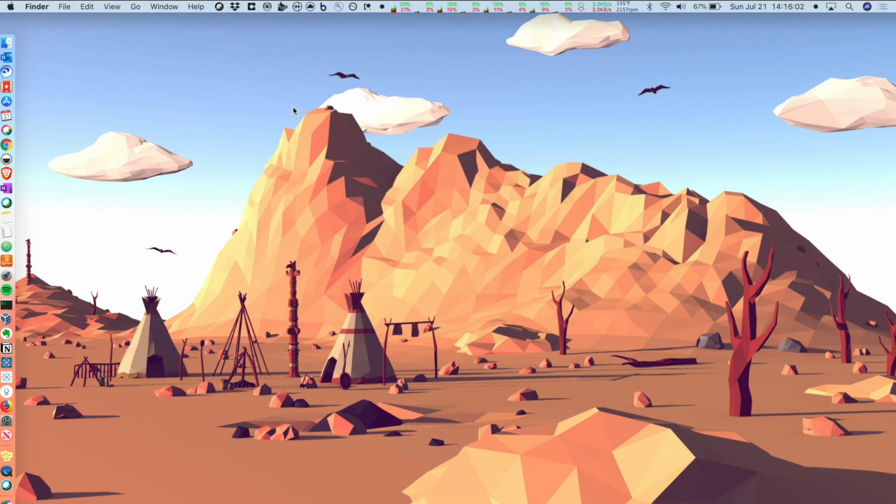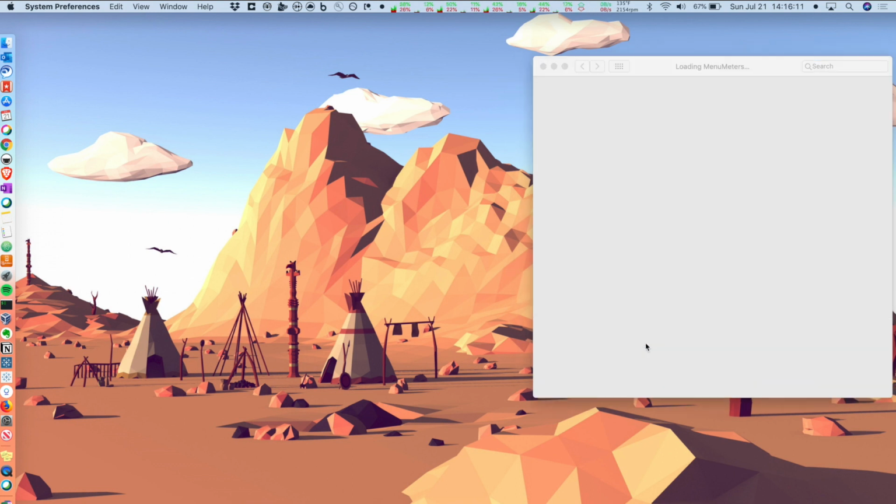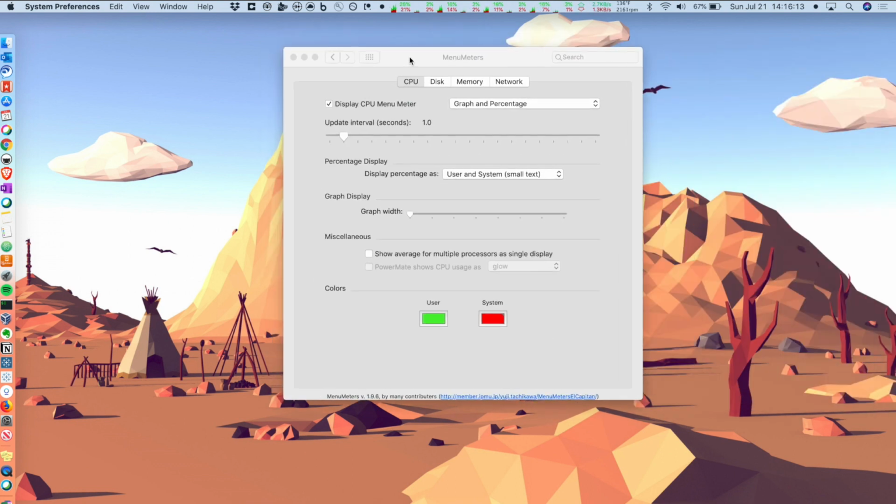But as I had mentioned, this saves the items in your system preferences. So if we go ahead and open System Preferences, you can see that it is an option down here as MenuMeters. So if we take a look at it, it has options for you to view your CPU, your disk, memory, and network. Taking a look at the CPU meters, this is this first option here,